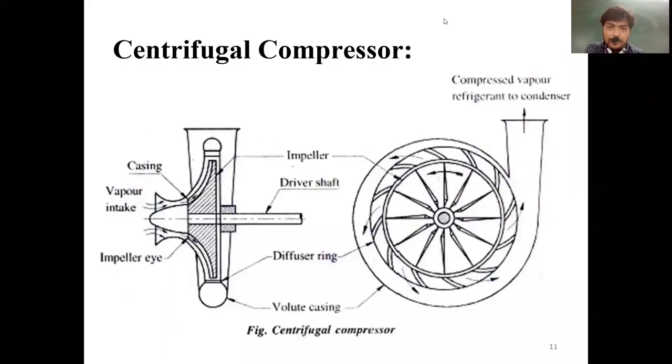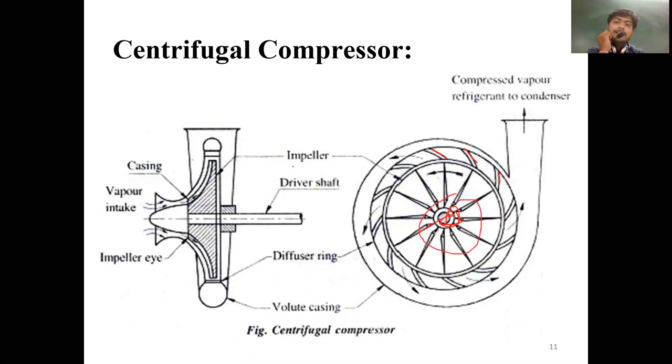Diffuser rings are attached here. Fluid comes in this way, and through the motor or rotor we apply kinetic energy. So high kinetic energy is transferred to this diffuser, where pressure increases gradually, and this is the outlet of the